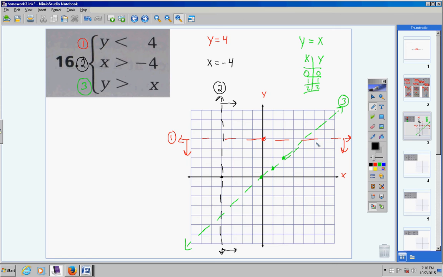Now this is a slanted line. Your green line is slanted, so we must test a point. Notice you're going through 0, 0. So pick a point way off like